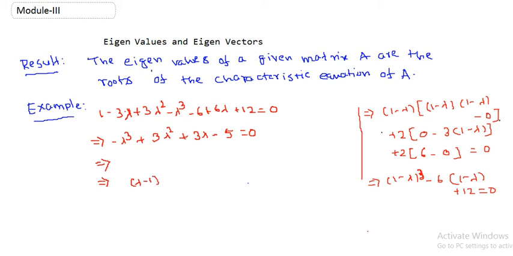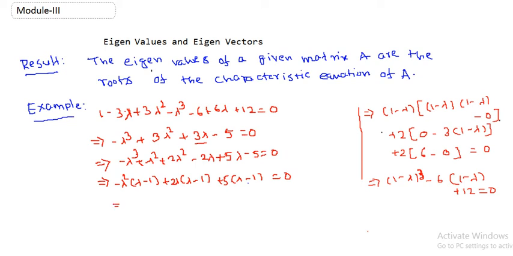So lambda minus 1, do it in this way, lambda minus 1. That's good, we get some easier form. So what are we going to do? Lambda square: it will be lambda cube plus lambda square plus 2 lambda square. So here we have to add 2 lambda, so minus 2 lambda, and I think we have made a mistake. It's okay, minus 5 lambda. So here we have to do plus 5 lambda because we need 3 lambda, so plus 5 lambda. So 5 lambda minus 5 equals 0.